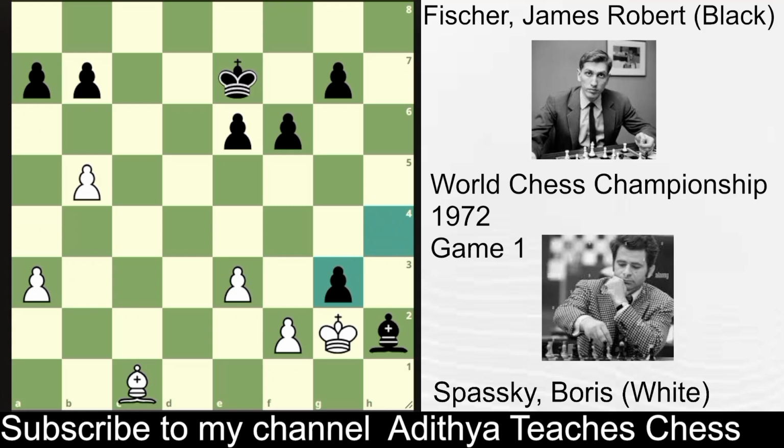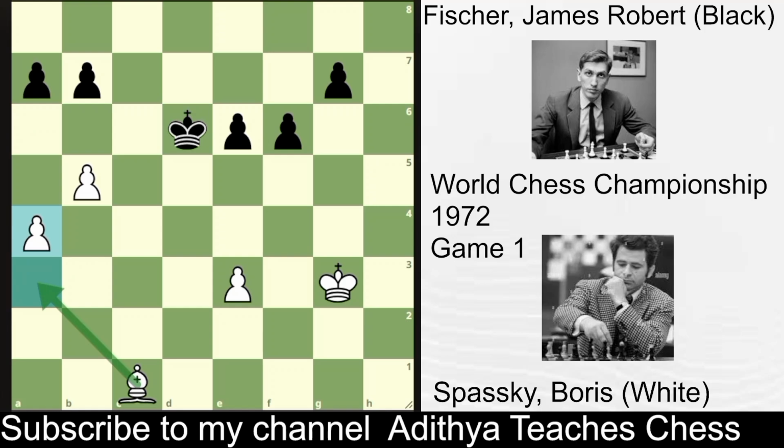h takes g3, f takes g3, bishop takes g3, king takes g3, king d6, a4, protecting the b5 pawn, and also white wants to bring his bishop to a3. King d5, bishop a3, king e4, bishop c5, a6,